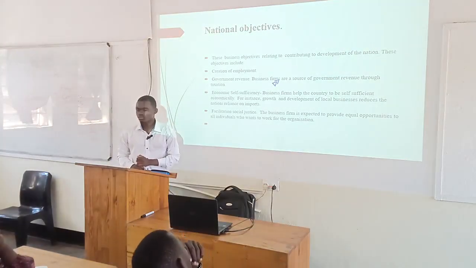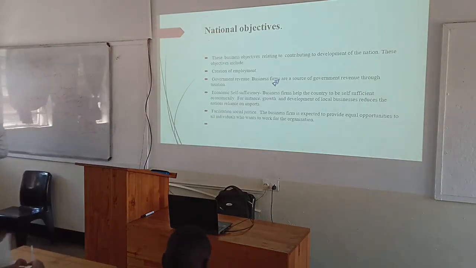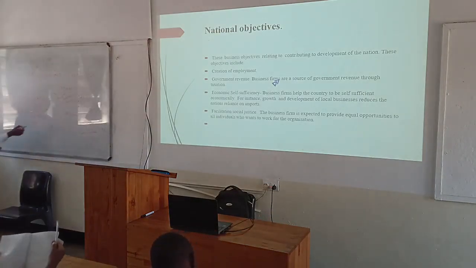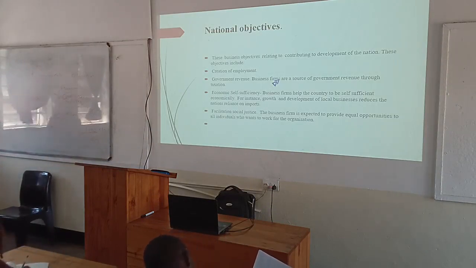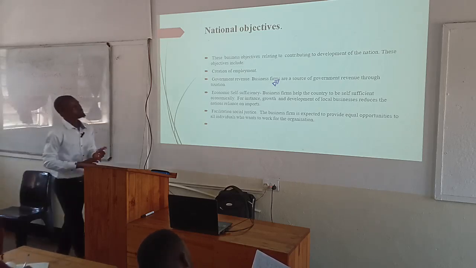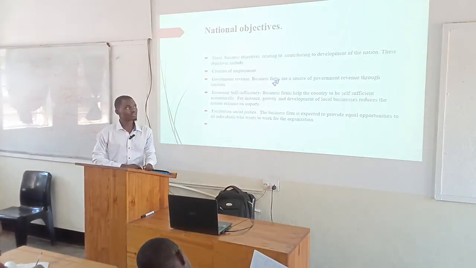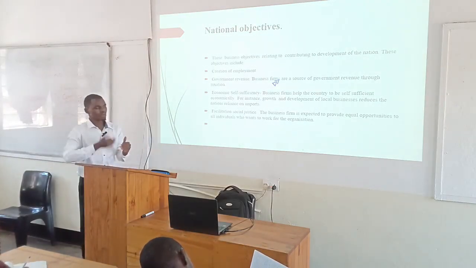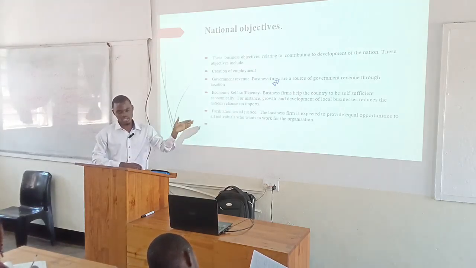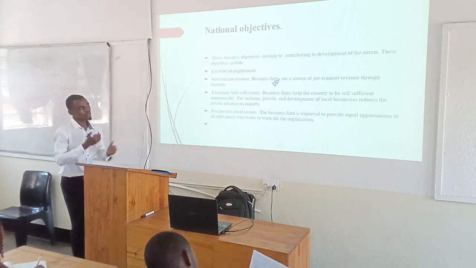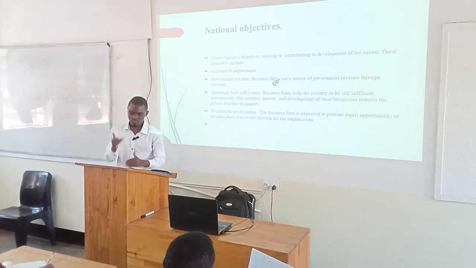National objectives. So now we are done with the employee. Now the government, or national objectives. Our organization is found within a region which is run by laws and regulations. And this body which creates laws and regulations is called the government. The government is responsible for coming up with policies within the region. These policies govern the overall activities of this region.